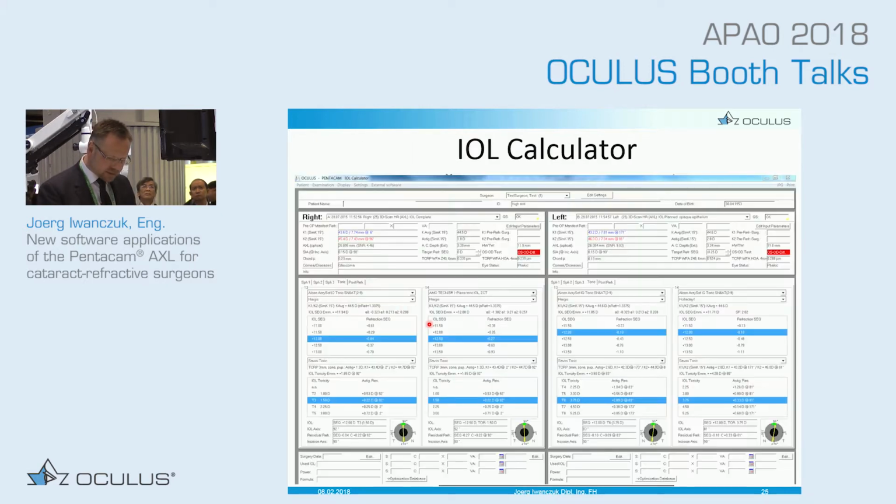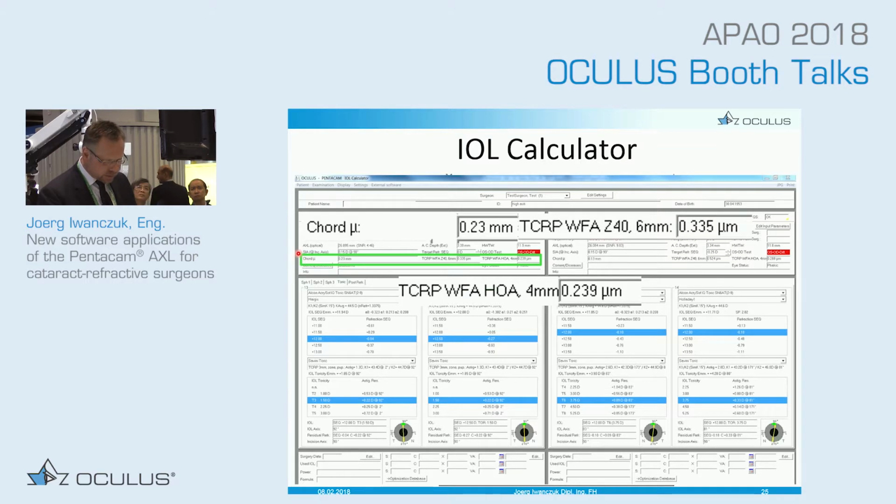That's our calculator. You have everything that you need for the calculation, also for the selection. And here you see we have corneal power, the spherical aberrations as well as the higher order aberrations are also in the calculator. So everything is combined. When you look to the printout,